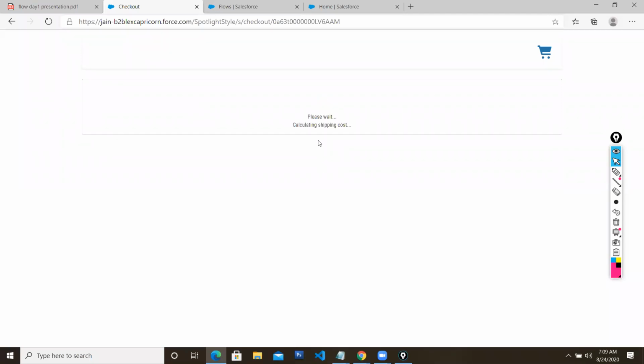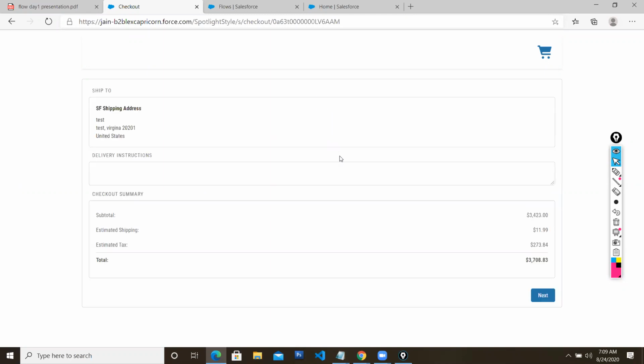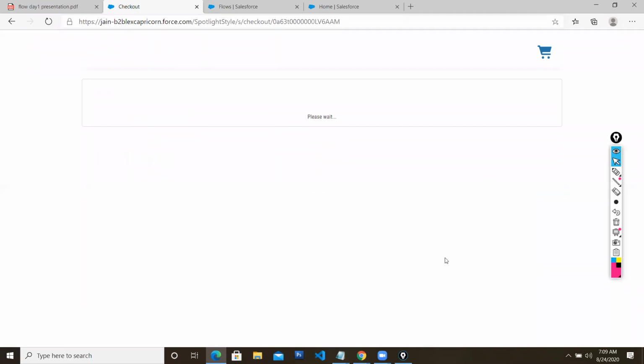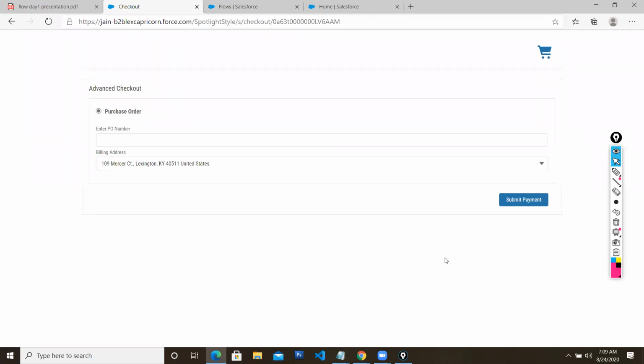What you are going to see in the next screen is also a Lightning component. It is calculating some kinds of things, and it will display you with another Lightning Web component. See here, this is also another screen. This is also a Lightning Web component. If I click next, it will go to the next screen. That is also a Lightning Web component. So a series of Lightning flow components being combined together by creating this particular process, the checkout process.